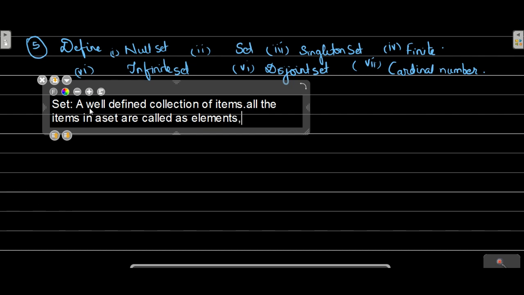So when we are defining a set, we better call it a well defined collection of distinct elements. These items are called elements, and when we are denoting a set, each element is